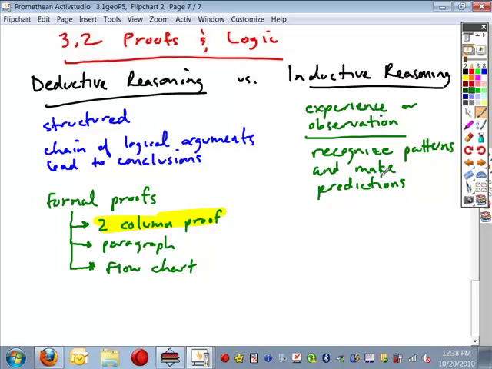Okay, so when you do inductive reasoning, the second part of what we'll talk about here will be the inductive reasoning. The first part of what we'll talk about will be the deductive reasoning. Again, as far as the inductive reasoning goes,